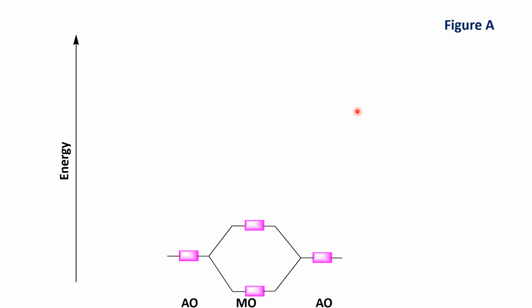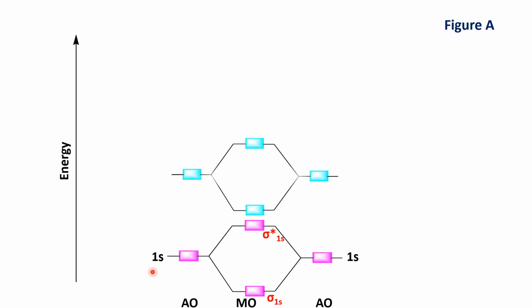This is the first MO energy level diagram, and it is for the lowest atomic orbital, that means the 1s atomic orbital. On one side a 1s atomic orbital and on the other side also a 1s atomic orbital. When these two atomic orbitals overlap, they form two molecular orbitals, a bonding and an anti-bonding. Lower is the bonding, upper is the anti-bonding. The bonding is sigma 1s and the anti-bonding is sigma asterisk 1s. So this is the MO energy level diagram for the 1s atomic orbital.